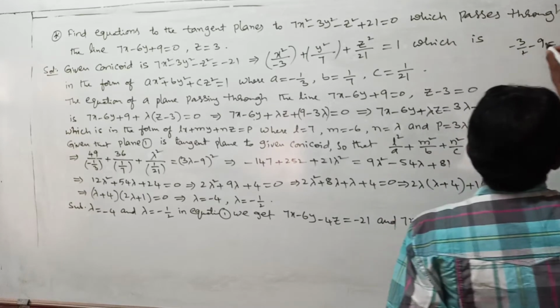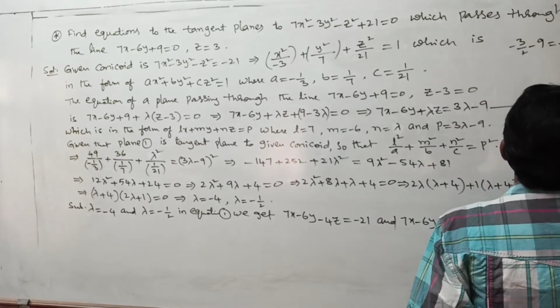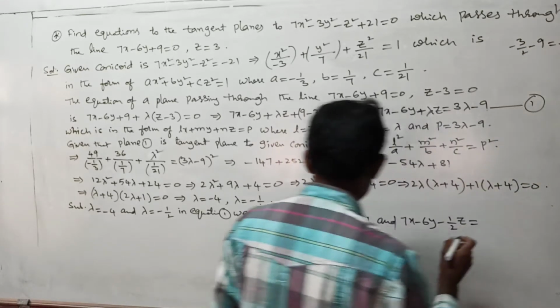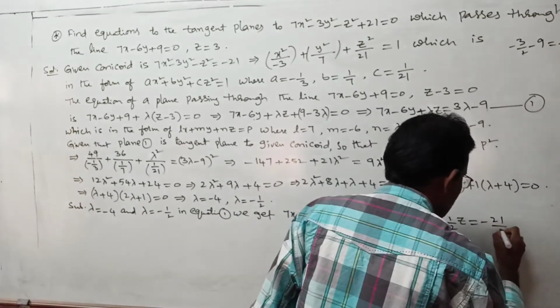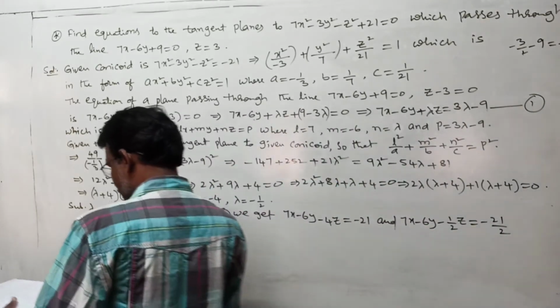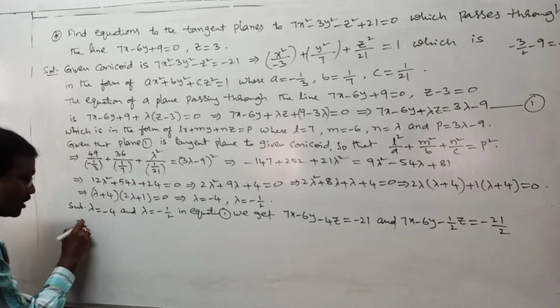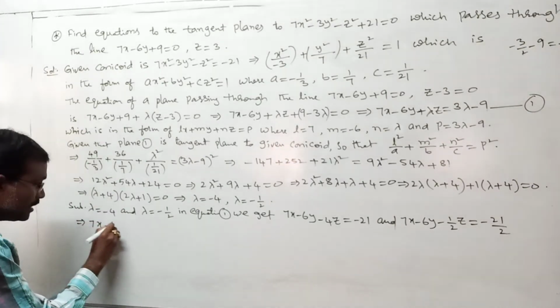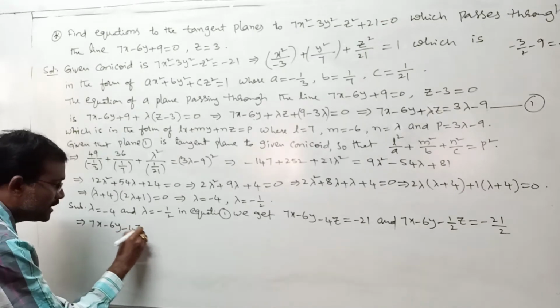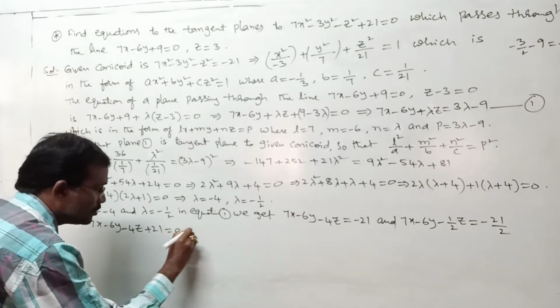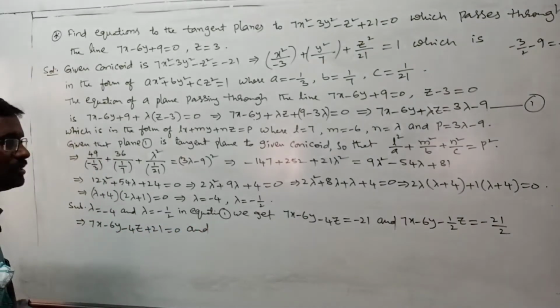Minus 21 by 2, right? It is minus 21 by 2. Otherwise you can write this as 7x minus 6y minus 4z plus 21 equal to 0, which is one tangent plane, and the other one is...